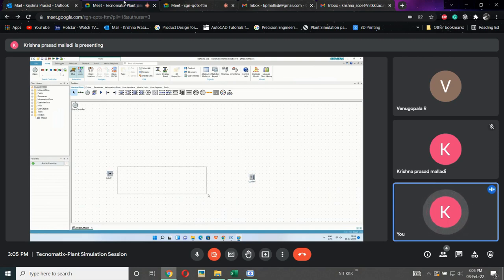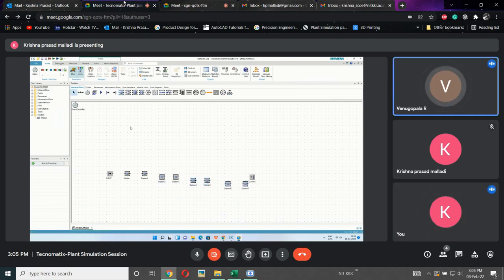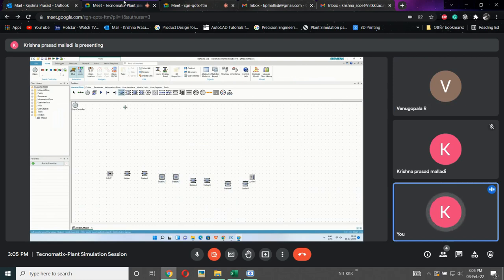Now in between I need to have some machines to do the processing work. In plant simulation, machine is nothing but station. So we'll be calling it a station. For that you need to click on the toolbox, then click on the frame, so it will be pasted. If you want multiple selections, hold the control and click on the station, and same thing, hold the control and click it. So you will be having multiple. Just holding control, we need to place wherever we want. Hold the control and paste here. So we'll be getting all these things.